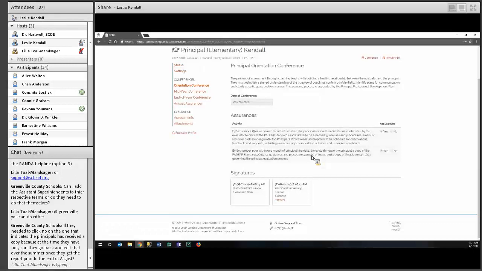So for Greenville County's question, as far as if they initially had selected no on the assurance and signed off on it, if they later on need to go back and change that selection, could they? As long as the evaluation is open, it is possible to remove the signatures, and then at that point you could edit, as long as that's functionality that the state would want to have in the system. That is a possibility. I'll yield to the state as far as if that needed to be changed, but at this point, as long as the evaluation hasn't ended, then you could remove the signatures and edit that form.